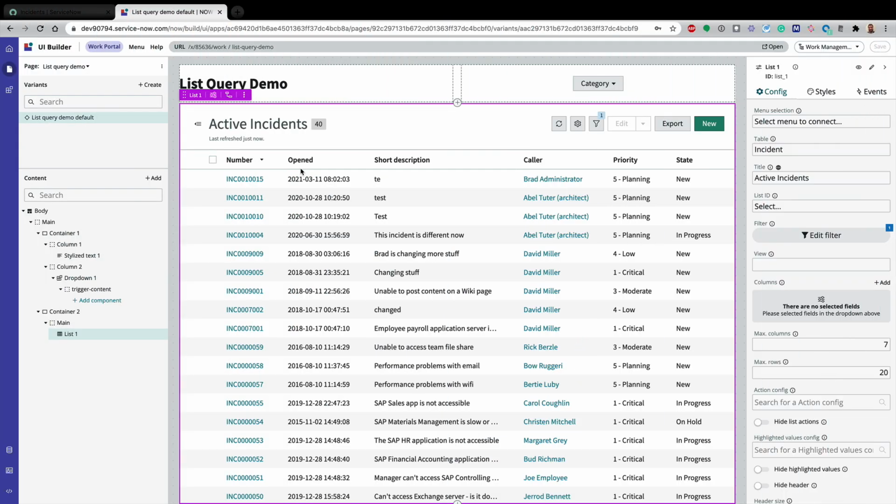Hello, in this UI Builder Bytes video, we're going to take a look at how to set a filter on one of the list components dynamically. It's probably pretty common that you'll want to filter a list based on something happening in your page. And with the list component, right now I have this list component that shows up in the bulk of